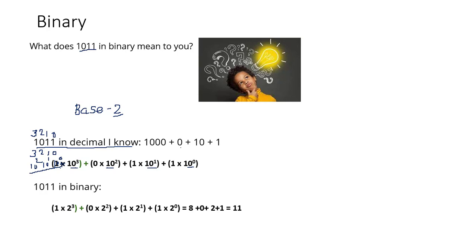So what I will be doing is this is the 1 as a multiplier here. 1 cross 2 raised to 3 plus 0 cross 2 raised to 2, because 0 is the multiplier, right? Plus 1 cross 2 raised to 1. This is 1. And the last one, 1 cross 2 raised to 0. And if you convert this, 2 raised to 3 is 8. So it's 8 plus 0 plus 2 plus 1. And what you are getting here is 11.